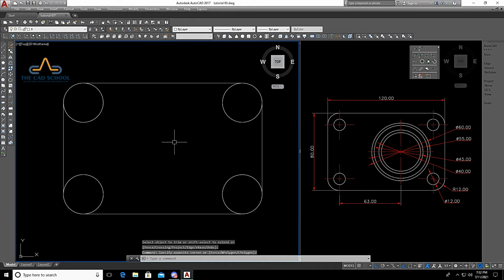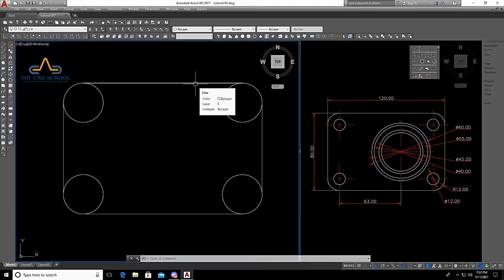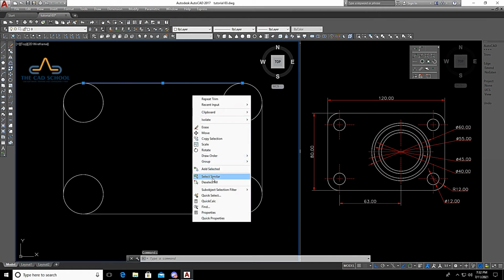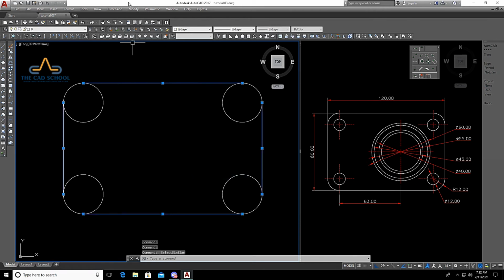Now the same way to remove the portion of the circles, I will be selecting the lines as the cutting edges. So again for pre-selection of cutting edges, select one of the lines in the drawing, right click, select similar, go to modify, select trim and with the help of crossing selection we are going to remove the unwanted portion of the circles.